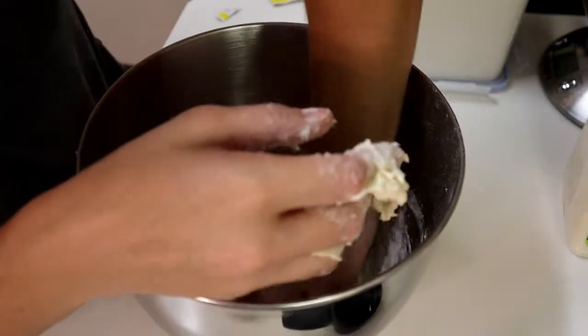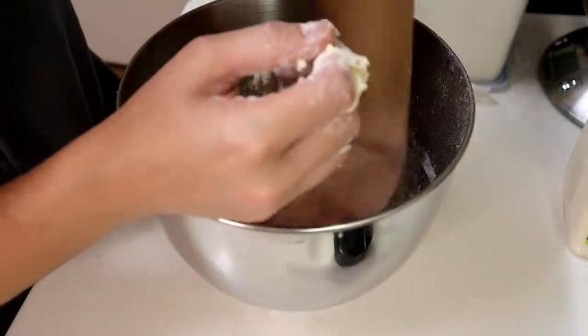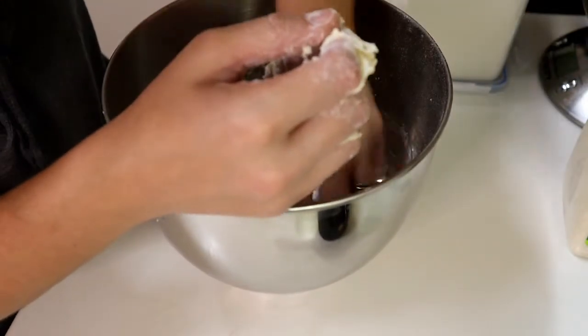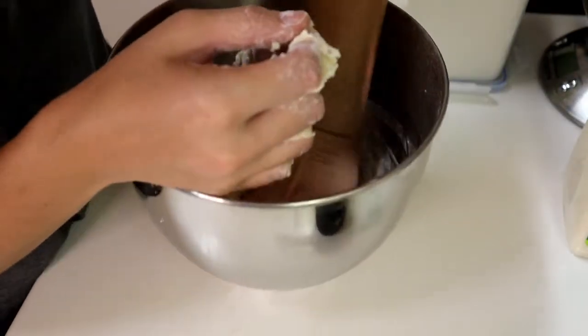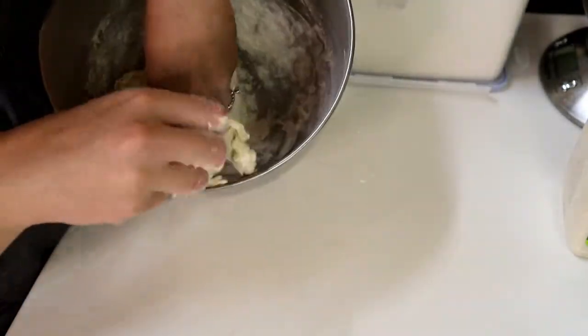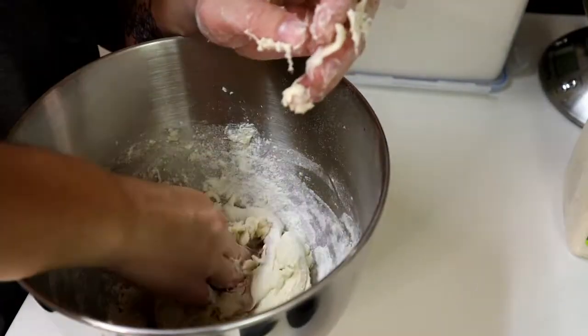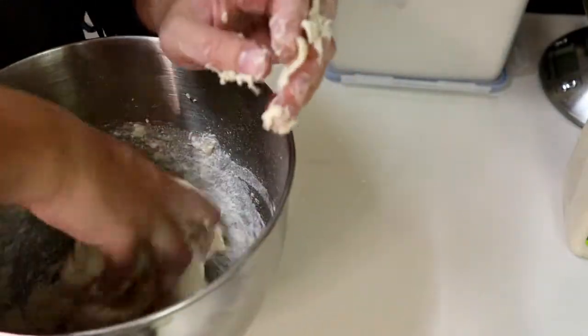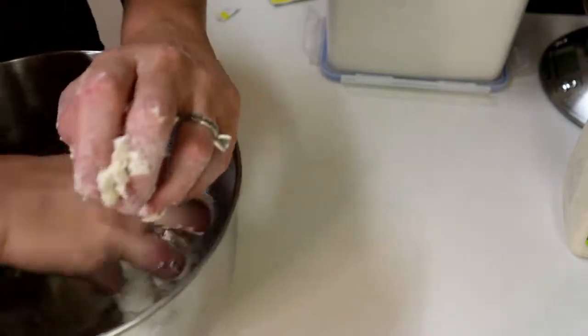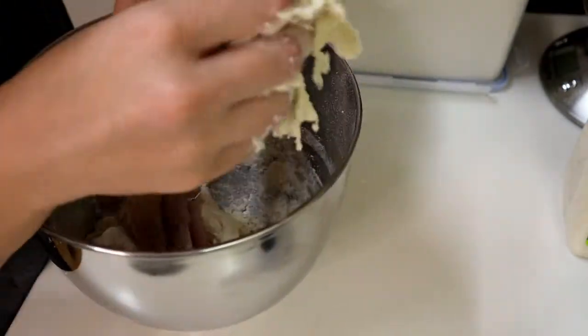Definitely need to work it a little bit better. I'm being kind of a girl here. Okay. Goodness. More stable. This is why stand mixers are nice. I just didn't want to deal with it because I wanted to actually do some work in this video